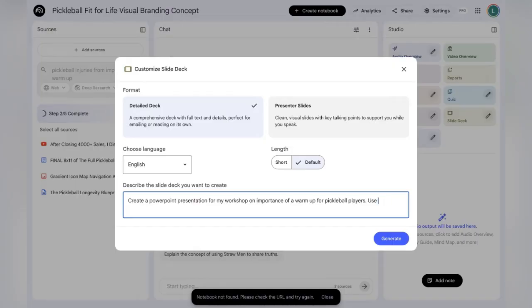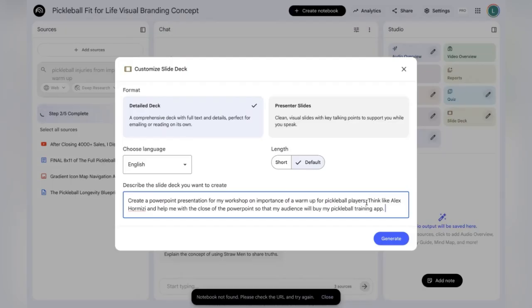Actually, we're going to say, think like Alex Hormozi and help me with the close of the PowerPoint so that my audience will buy my pickleball training app. Okay, so I want the call to action for this presentation to be to buy my pickleball